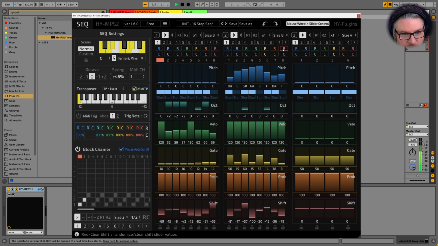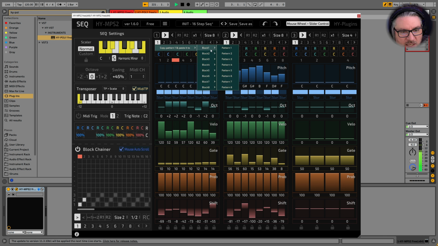That's cool. Now I want to copy between these, can I? Right click, copy, there we go. Block 1 to pattern, block 1, pattern 1. I think I want block 1, pattern 2.